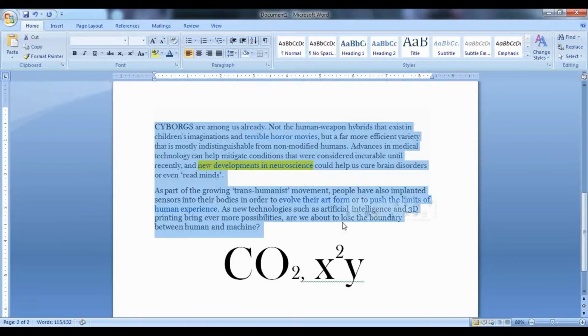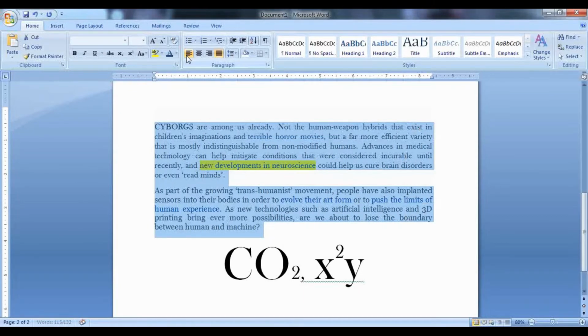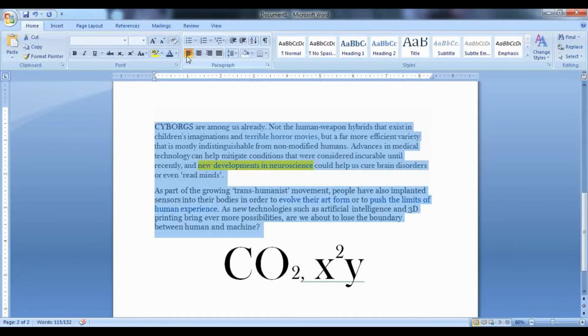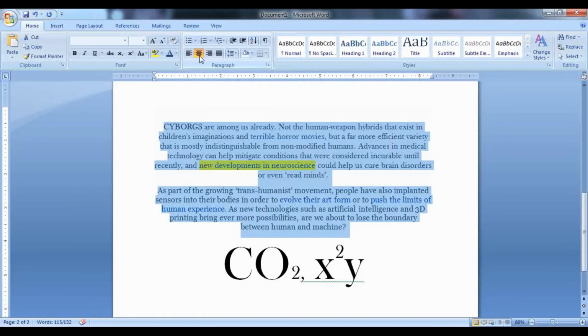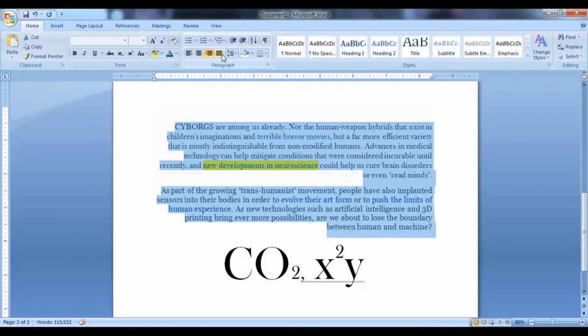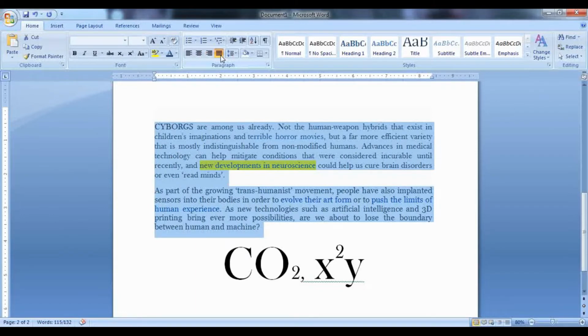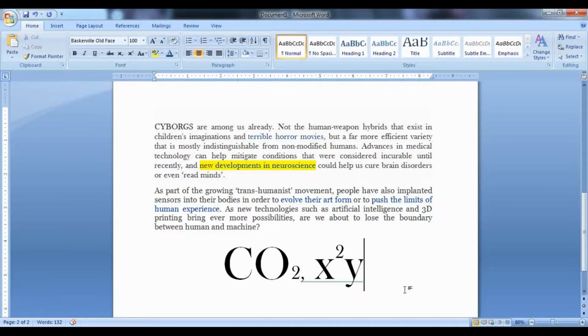So now I'll select my text. It's already left aligned, that means all my content is on the left hand side. Then to bring it to the center, I will select this. Now if you see here, my content is aligned to the center, then to the right, and finally to the justify. If you see in justify, it is equal from both the margins. So I'll just leave it on justify. So this is what alignment of the text is about.